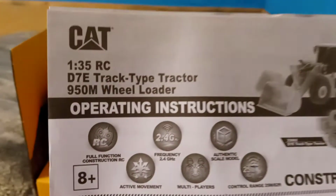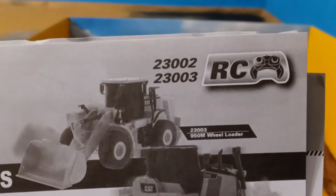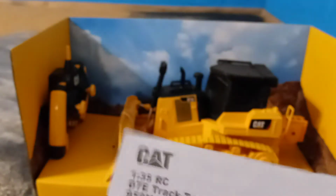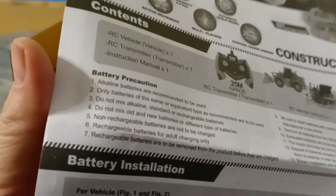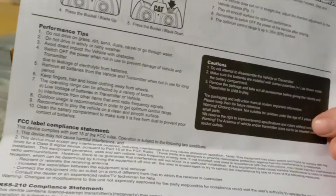Of course, it comes with the instructions again. Model numbers over there, 2 and 3. Different instructions, in English and in different languages. It shows you how to control everything, all the functions of the stuff. Over here,